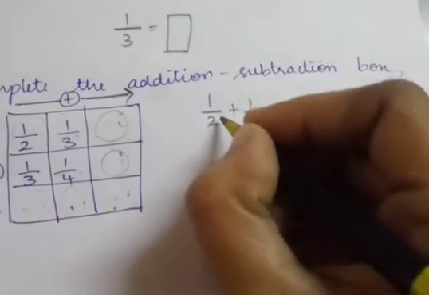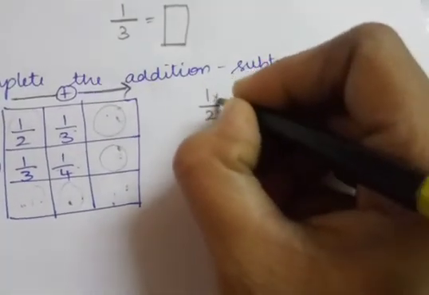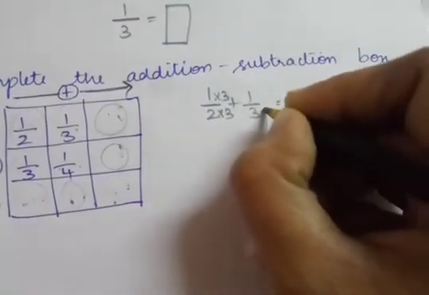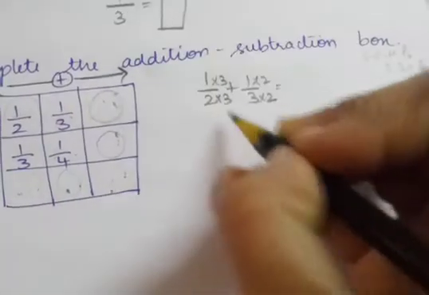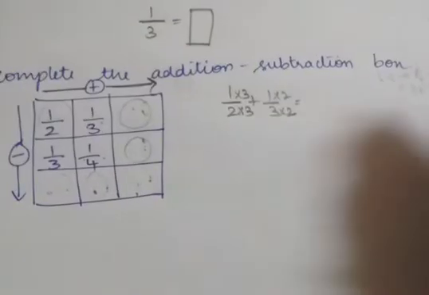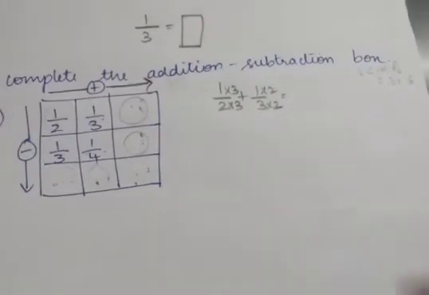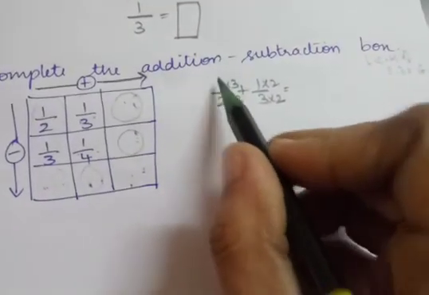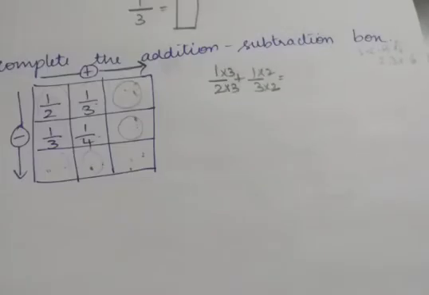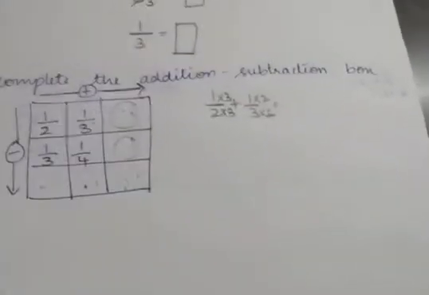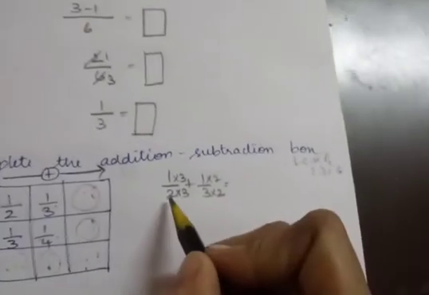So, I just want to convert to 6. 2 3s are 6, so 1 3s are. And here, 3 2s are 6, so 1 2s are. I have written directly, children, because it's like fill in the blanks, right? So, I don't want to do every step, okay? If you have space in your textbook, you can do it step by step, okay? So it will be very easy for you.